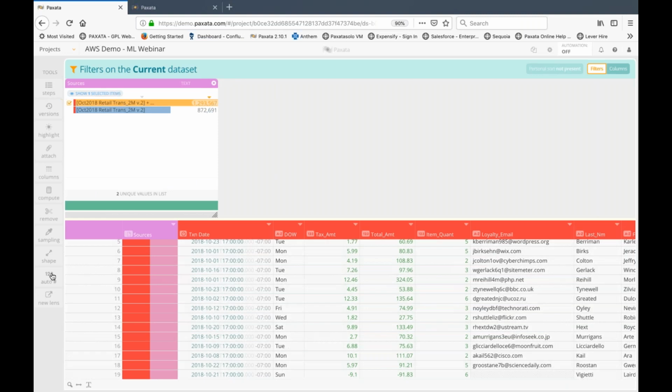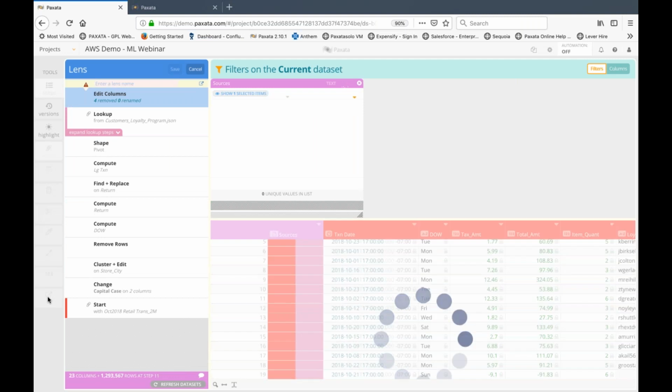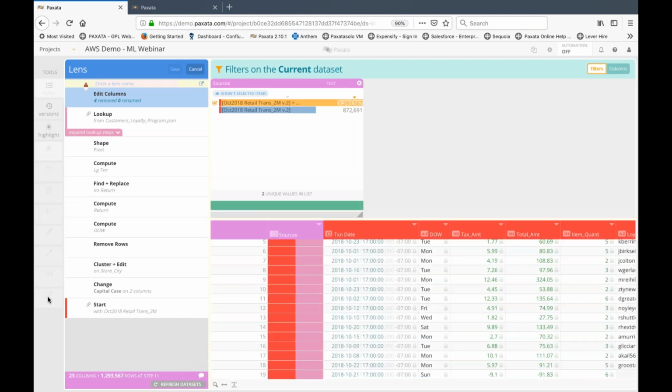And the last step here is that I'd like to publish the data from Paxata. And I do that through a lens. And it just occurred to me, this is the first time we've seen this steps panel. So as Pete mentioned, the benefit of Paxata is the governance and the lineage and the audit trail that we provide automatically. So you can see all the steps that I've performed along the way. These steps are editable, so I can go back and make changes. But at this point, let me just finish this